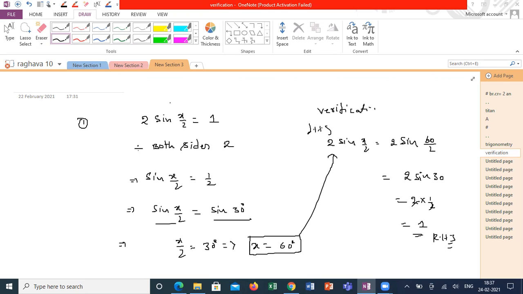How, sir, 1 by 2? This 2 is inside the sine. How can you cancel this 2 and this 2? See, if anything is inside the trigonometric ratio, it's like a single number. You should not cancel this and this. It's one function, together as a single thing. It should not split. Sine we can't split from x by 2. This is sine of some angle. This is a number. Clear? Yes, sir.